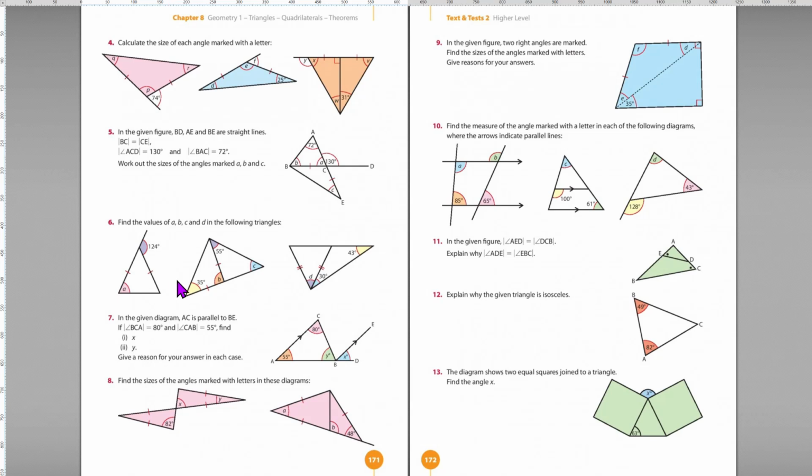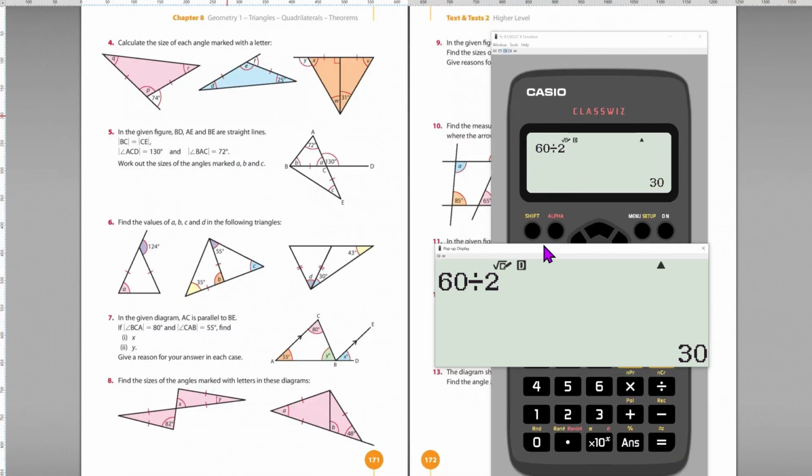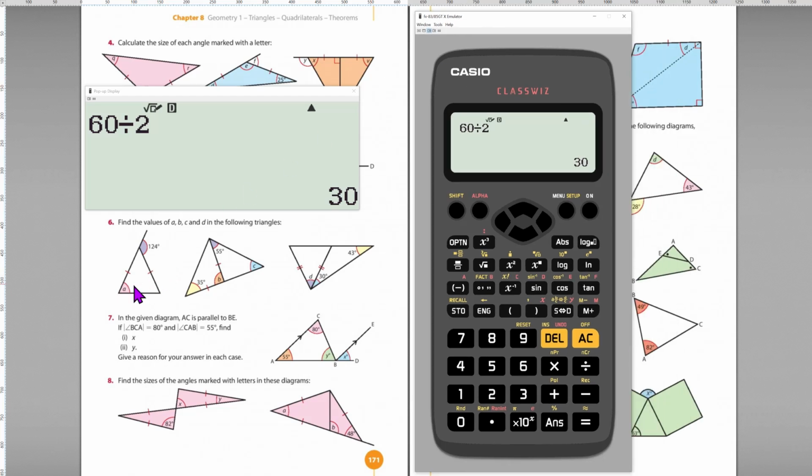On to question 6 here. We'll bring up the calculator and we will arrange ourselves so this is sitting beside 6. Okay, so we have 124 is an external angle to A and A, so it's just half of 124. 124 over 2. Boom. 62. Over here,